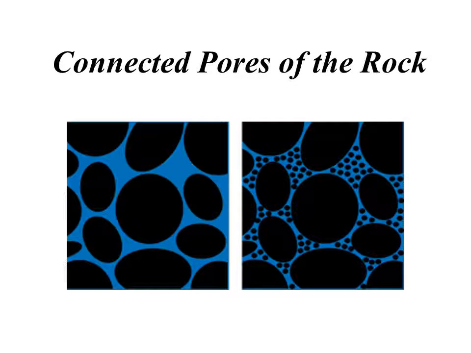In this picture you can see the pores, and all the pore spaces which are present in the rock are connected with other pore spaces. Since we know that the pore space is the space which is present between the grains of the rock, and the fluid is always stored in those pore spaces. So all the pores which you can see in this figure are connected with each other. So these types of pores of the rock which are interconnected with each other are called the interconnected pores.